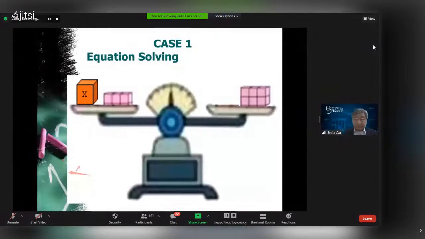Teaching case 1 is using problem posing to teach elementary school students about equation solving. This lesson has 3 tasks. The first task is a balance with X as a block and other blocks, where each of the other blocks is considered one unit. Then students are asked, based on this balance,